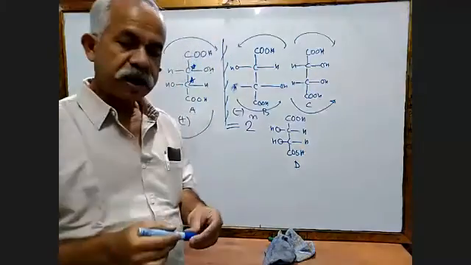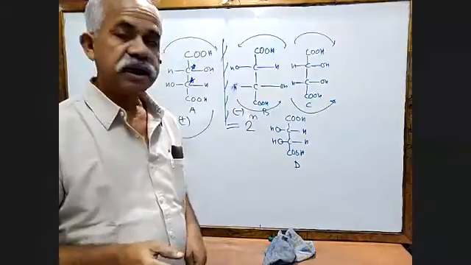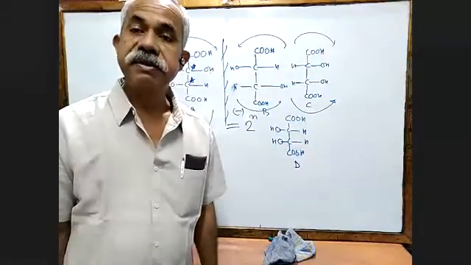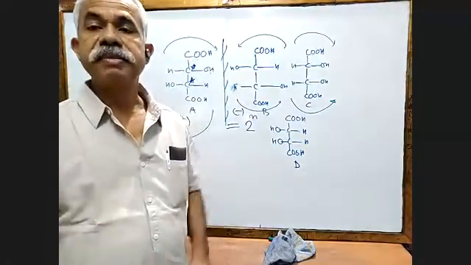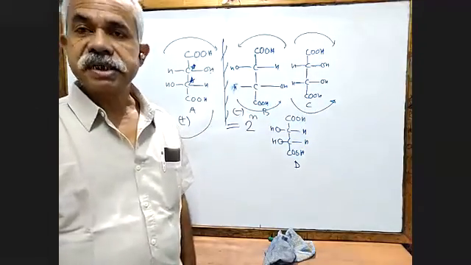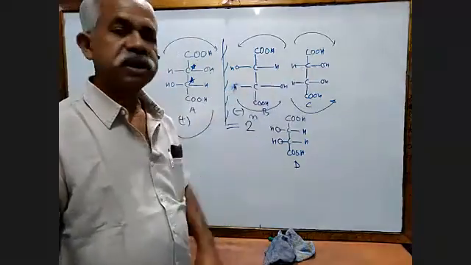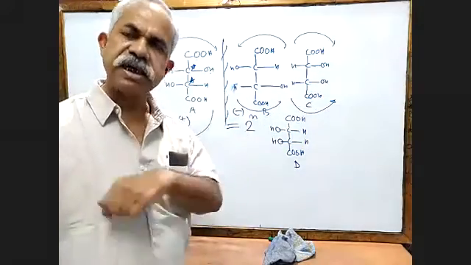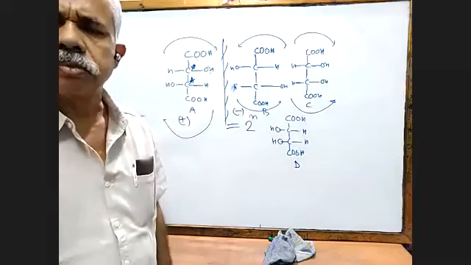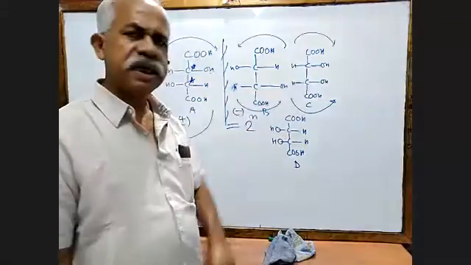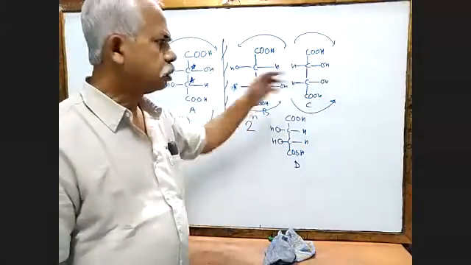You know, the upper part is rotating the light towards the right, and the lower part is rotating the light towards the left. So what is going to happen? It will cancel each other. Very interestingly, see, this compound has two asymmetric carbon atoms, because at the beginning I told you this is a necessary condition for a compound to be optically active. Now I am saying that it does not rotate the light.